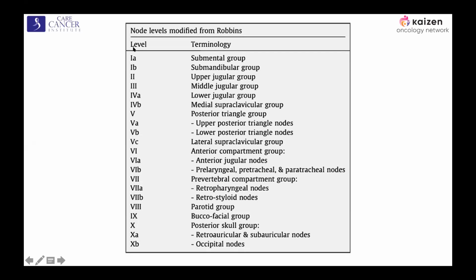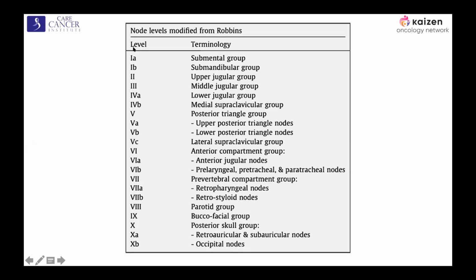In level 4, you have level 4A and level 4B. Level 4B is basically the medial supraclavicular group. Then comes level 5, which is the posterior triangle group, in which you have 5A, 5B, and 5C. Then comes level 6, which has 6A, which is anterior jugular, and 6B, which is prelaryngeal, pretracheal, and paratracheal group